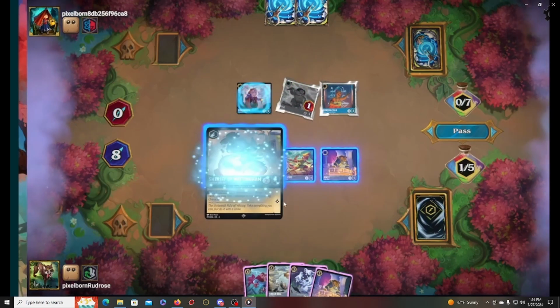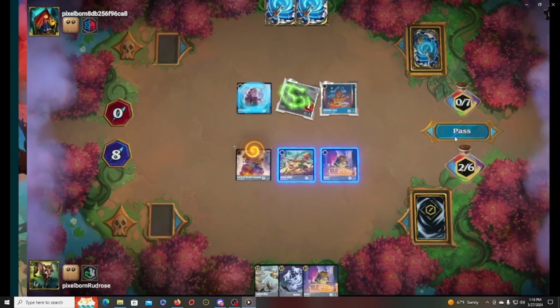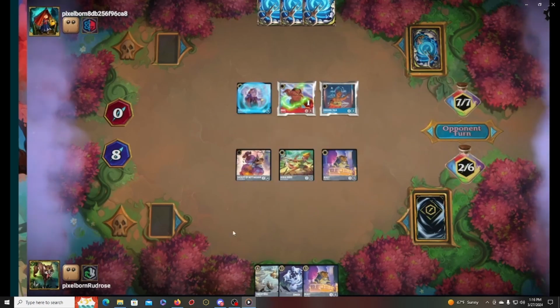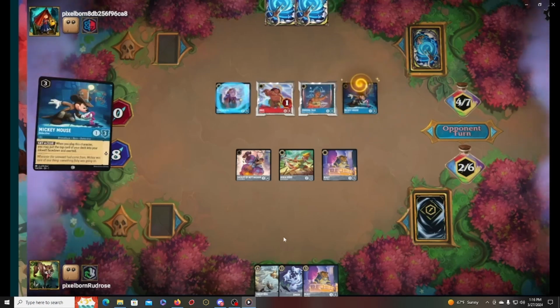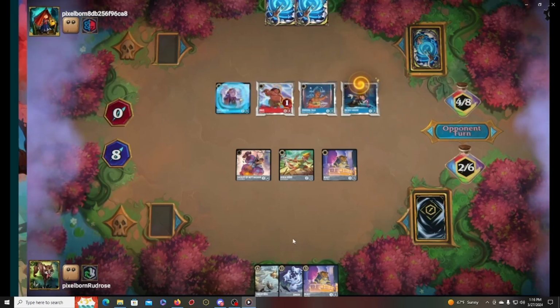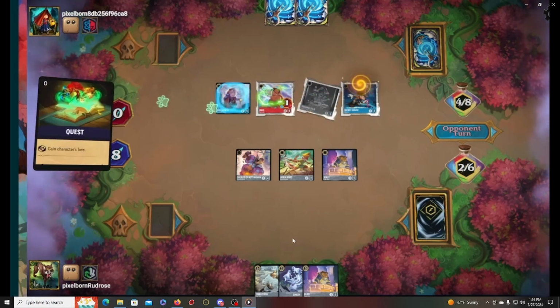So I put out Sheriff of Nottingham, get rid of the Relentless Beast. Possibly should have done the reverse, but my idea is like, well, I don't actually know what I'm thinking there, to be honest. The Beast probably makes more sense because he's... Or maybe I just wanted to get the ink, and I didn't want to give up the other ones, so...